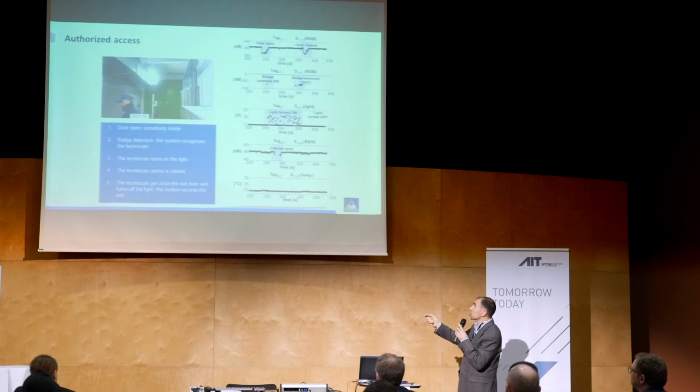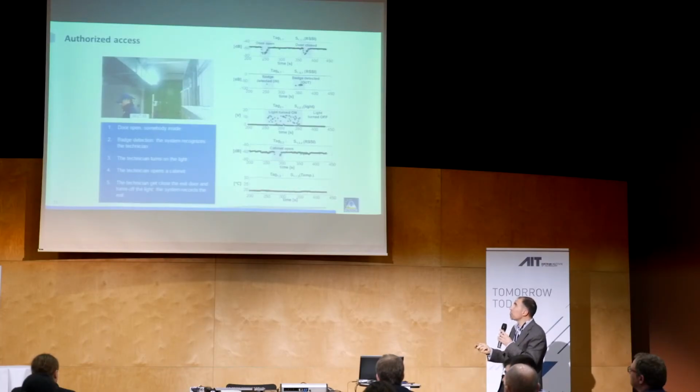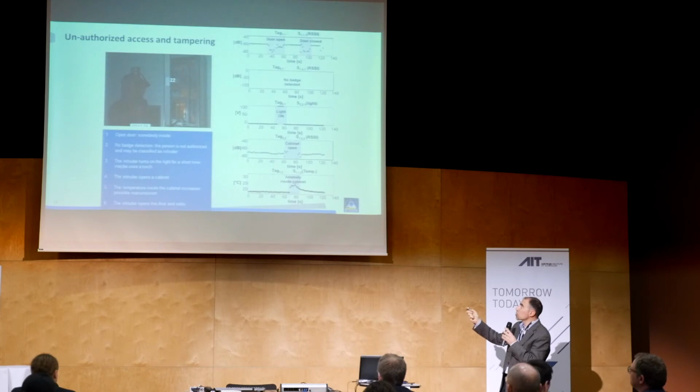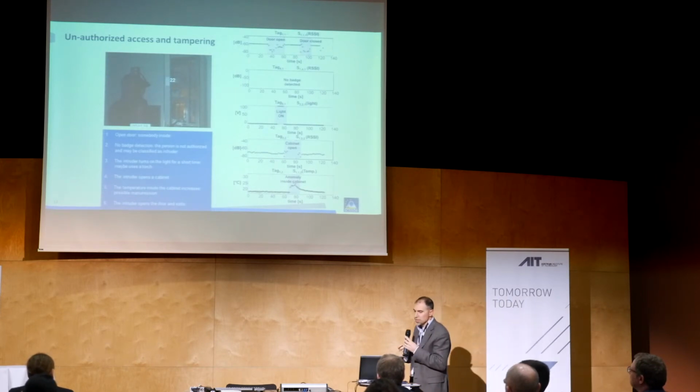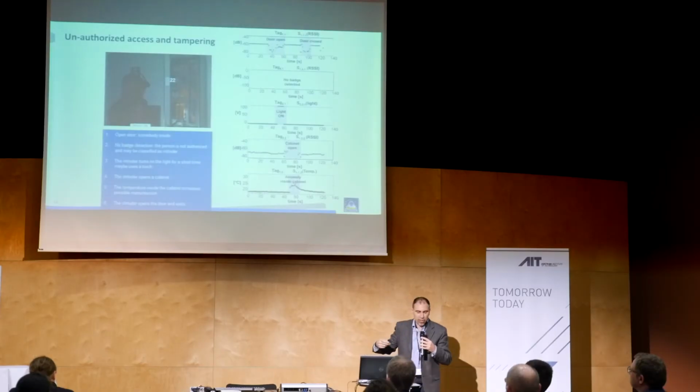And there are some patterns that correspond to unauthorized access. Basically, there are some doors that are opened, but at the same time, I'm detecting the badge, for example, of people that have the authorization to enter this room. But there are other similar patterns of the sensors which correspond to unauthorized events, like unauthorized access and, for example, tampering of something in a cabinet, which can correspond to an increase of a temperature sensor, for example.